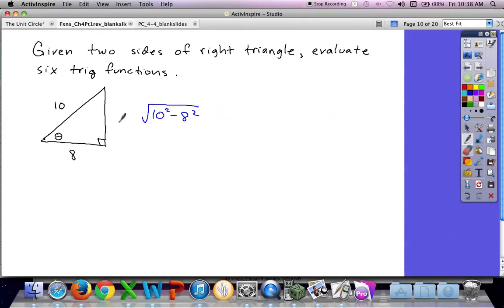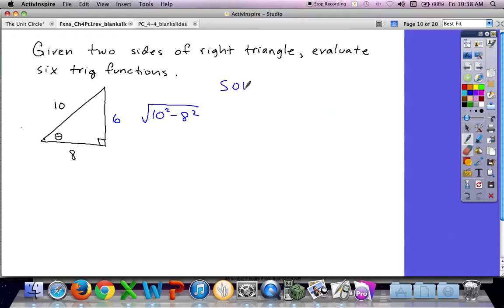Because this squared plus this squared equals this squared, so it's this squared minus this squared equals this squared. Take the square root. That's 100 minus 64 is 36. The square root is 6. Right? So the sine of theta will be 6 over,